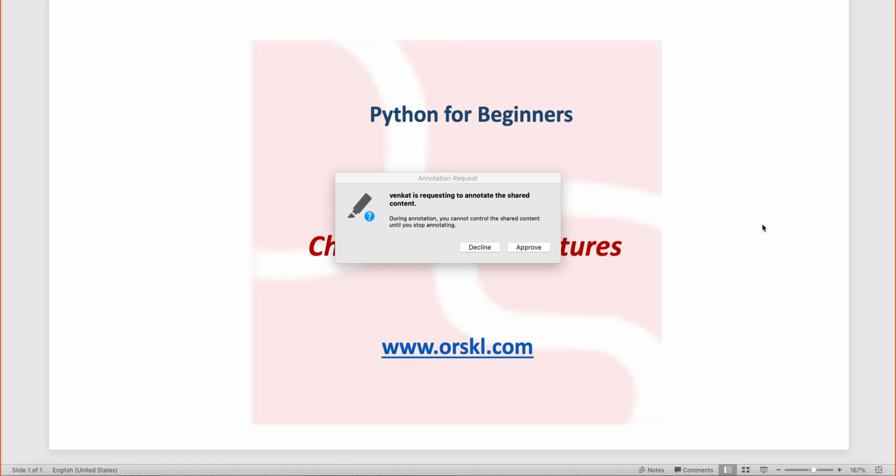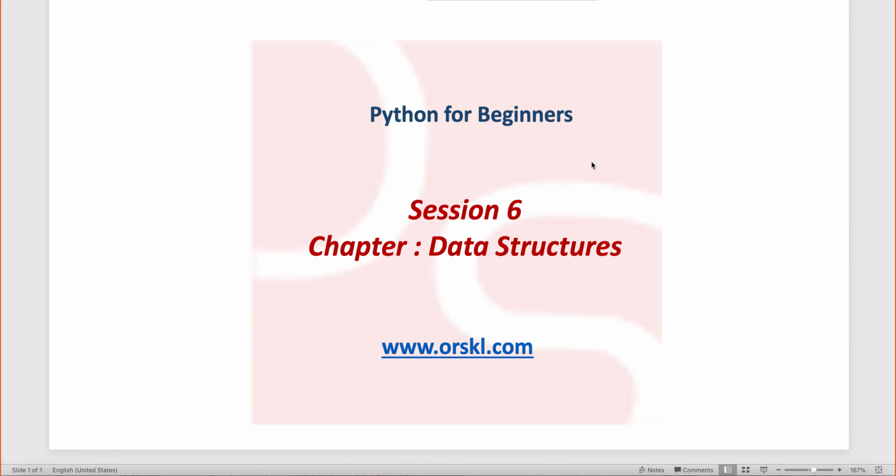And we have also seen how to add elements in the list, how to remove elements from the list, and how to create nested lists. That means a list inside another list. We have also seen how to access a list that is nested into another list. So all of those operations we have seen, and we have all understood how to do data operations within each element of the list.